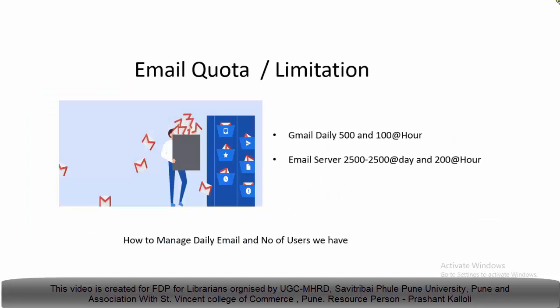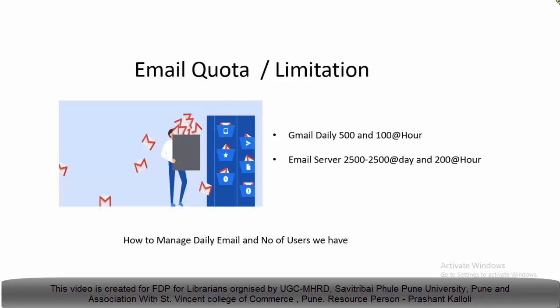Email quota is a big issue now. Suppose you have more than 1000 or 2000 email addresses of students and teachers in your mailing list; sending emails to all of them is a big task. Often we fail to send emails regularly because of this email quota. We can't send a big volume of emails to our users. If you have a big number of users, you can't send emails to them regularly. So there are many limitations to our services, specifically email services.